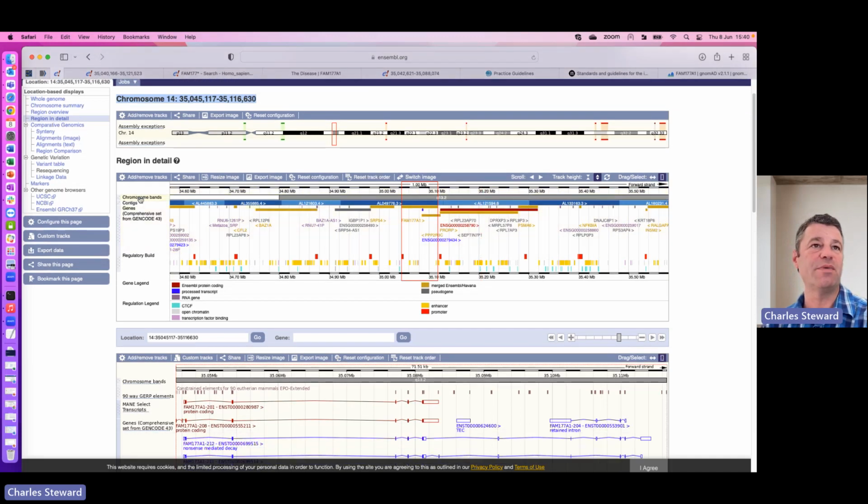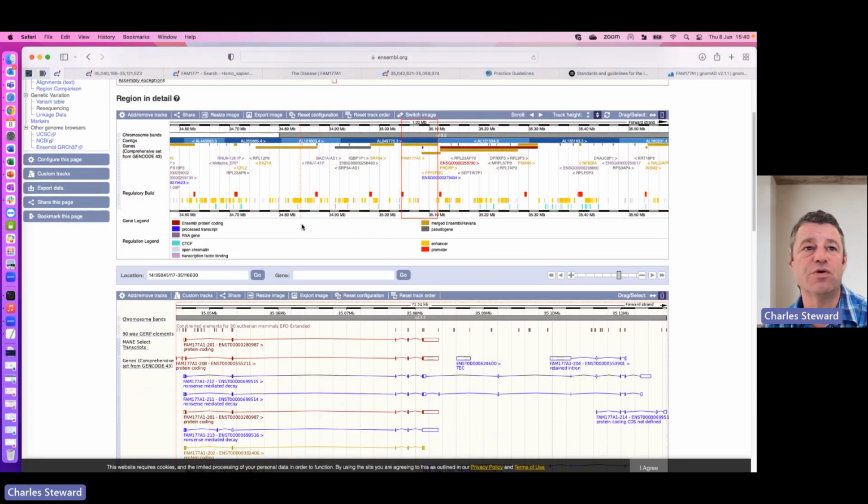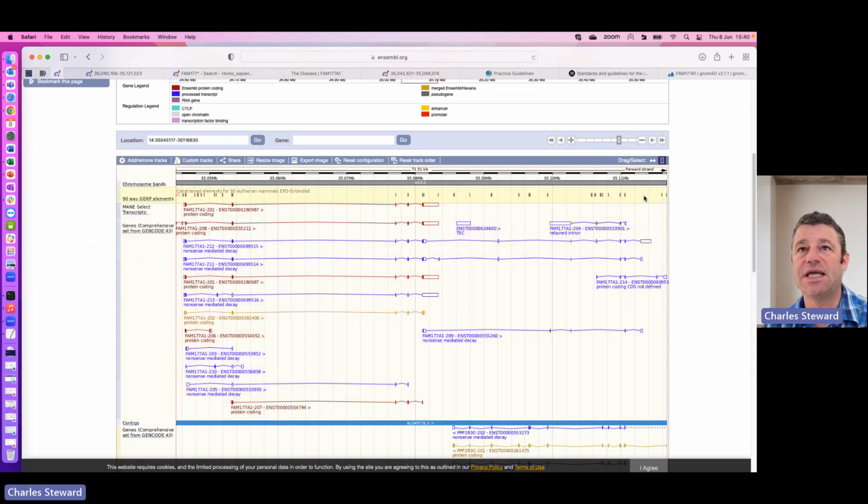And this is the genomic neighborhood of genes that are surrounding our gene FAM177A1. I could go into quite a lot of detail here, but suffice to say that if we scroll down, we can see the representation of our gene